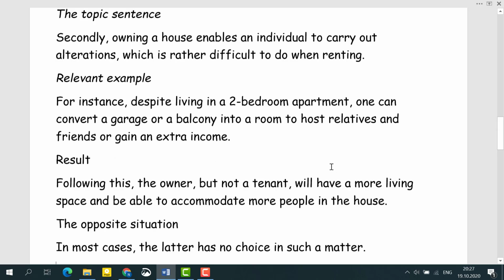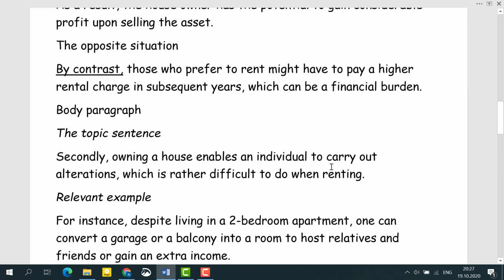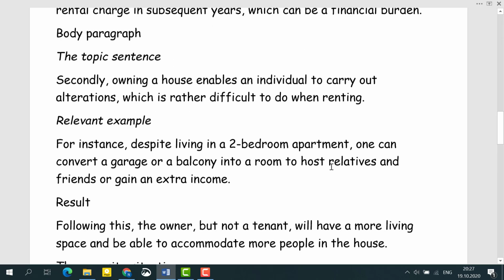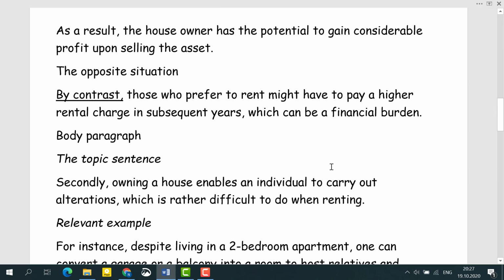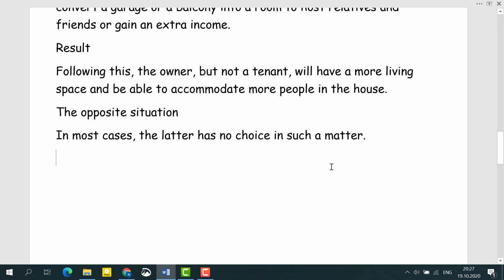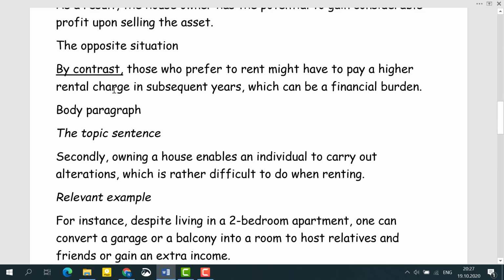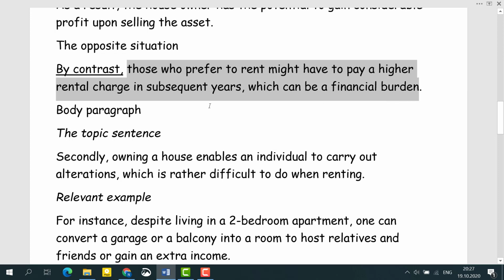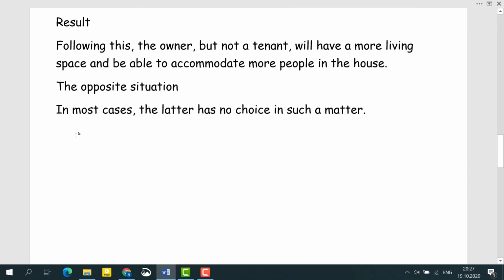Now here again, this is more than enough basically. But if you want to provide one more example, you can do that. Like in my case, for example, if I want to get a high score, I want to write one more sentence. I want to provide one more specific example to prove that this reason is valid. So how can I do that? I'll just write here an extra example.